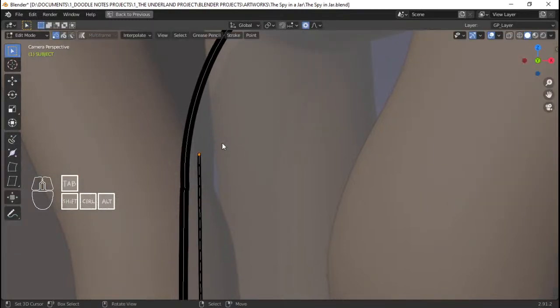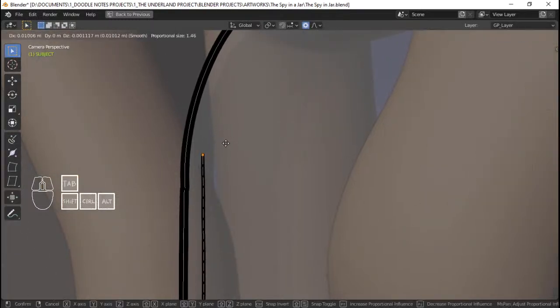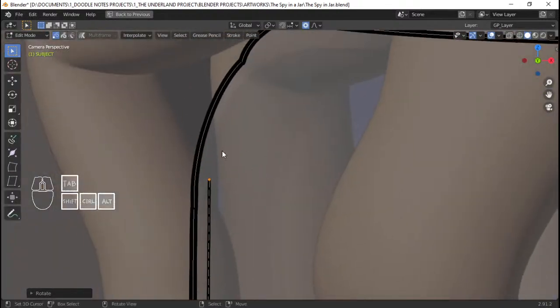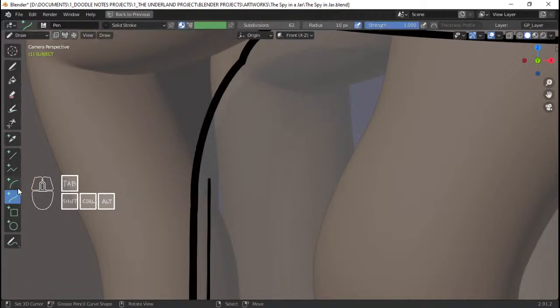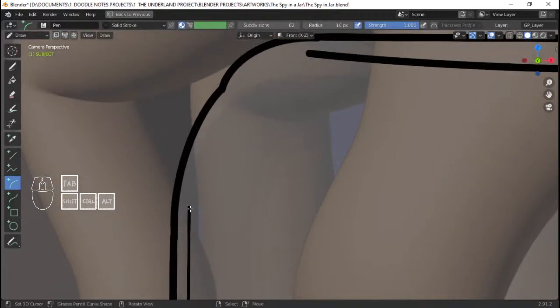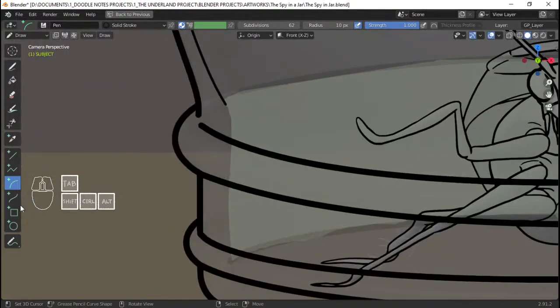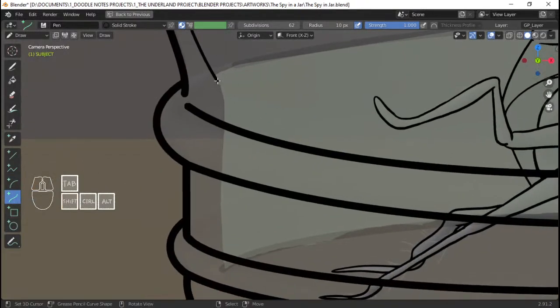Maybe I can grab this back like that. And then draw, get a curve line here and do something like this. Enter that, and I think I can also do something like this here.